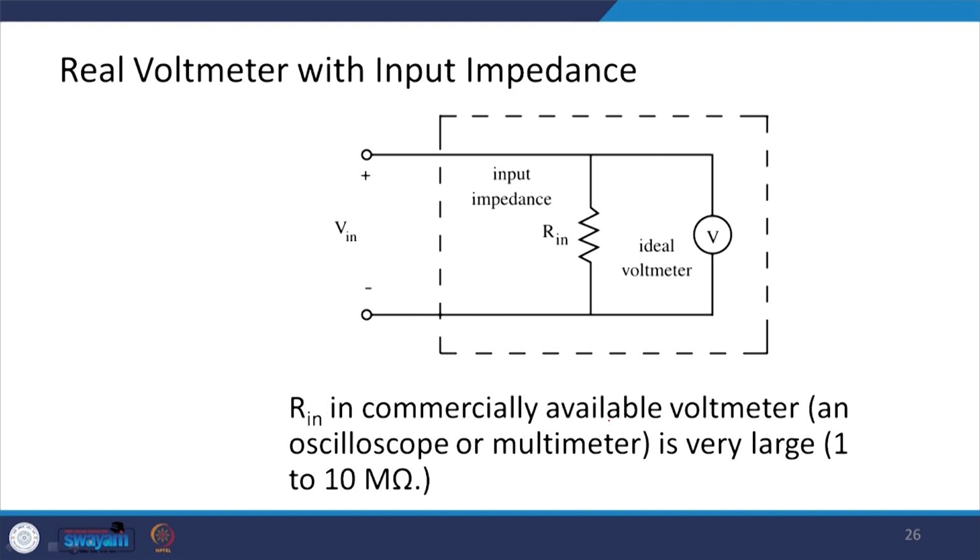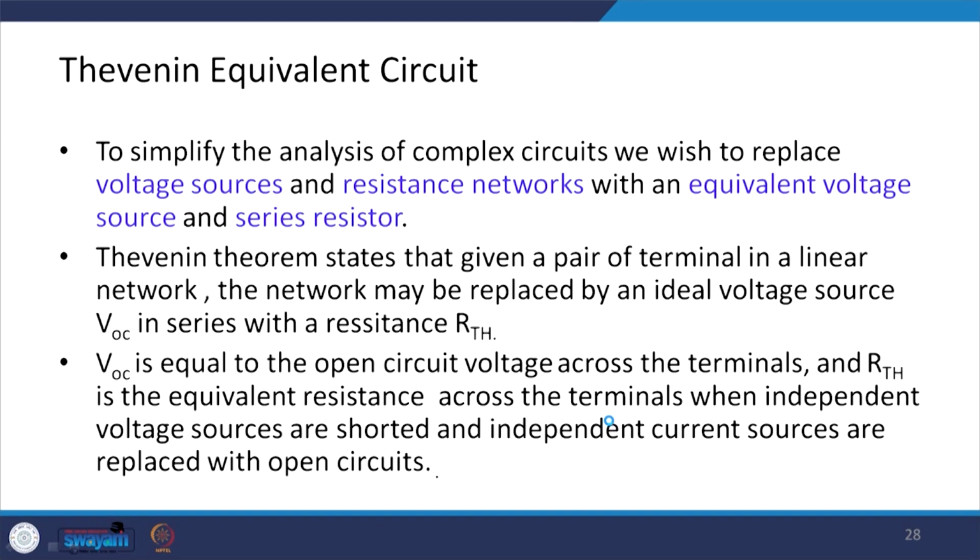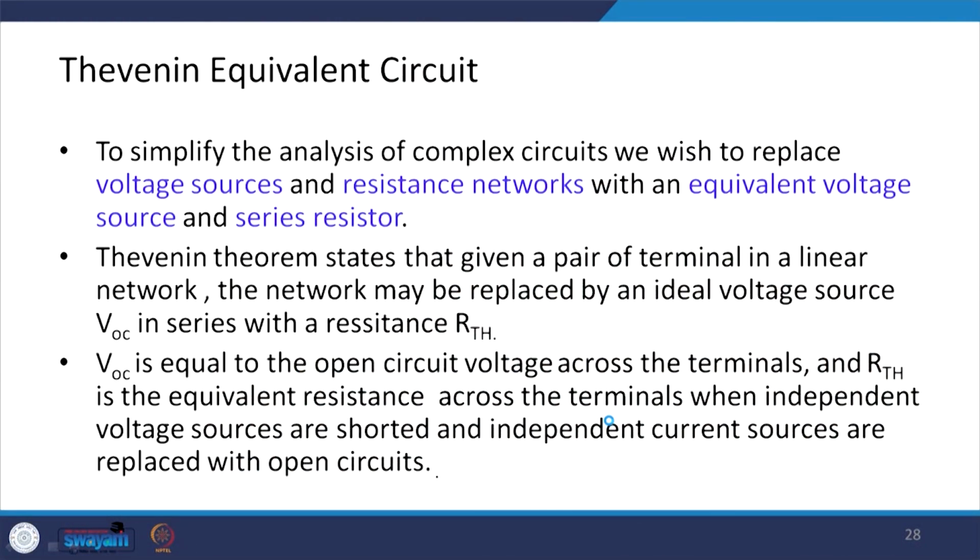Okay. So, that is there, and these are some of the commercially available multimeters which can be used for various purposes: current measurement, voltage measurement, resistance measurement, and so on. Now, to analyze the electrical circuit, there are two more theorems which help us in this analysis that we will be looking at. One is the Thevenin equivalent circuit, and another one is the Norton one. So, let us see that.